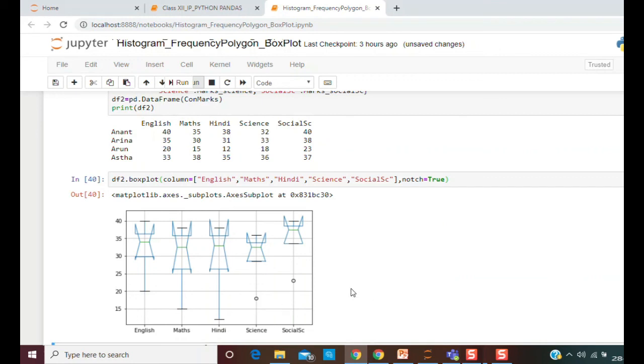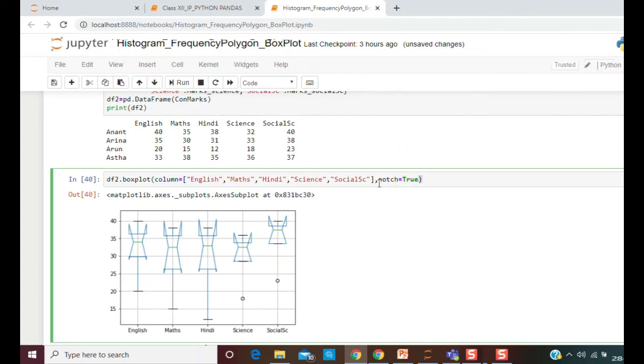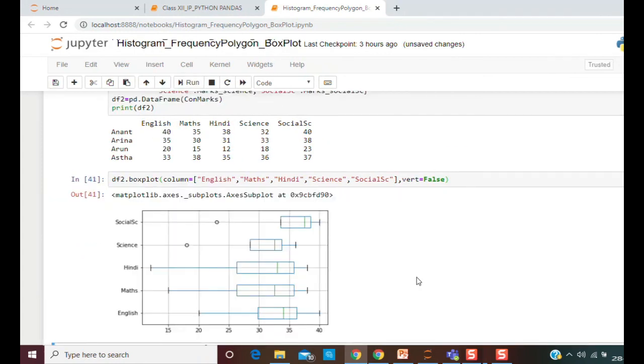It means notches: the upper bound is notched to the lower and the lower to a bit upper. So this is a notched type of shape. Now if you want vert, that is vertical, or not, so vert equals false. It will give you a horizontal box plot.